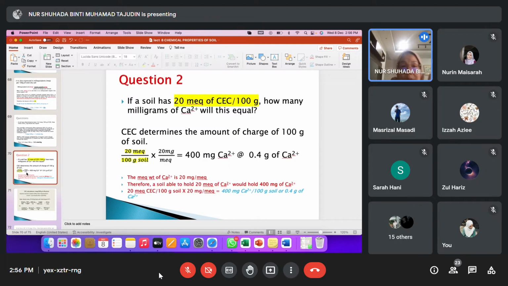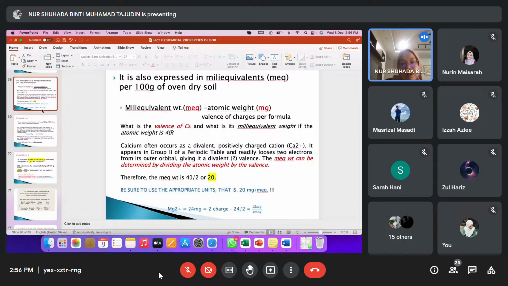Okay. So if a soil has 20 MEQ, how many? The question is calcium. Calcium you have to highlight. Okay. So soil ada 20 MEQ over 100 gram of soil. Tadi kita determine, what we determine is 1 MEQ. We know,